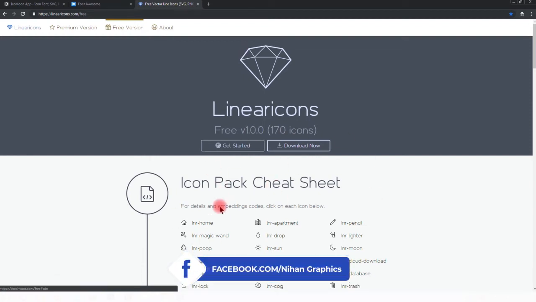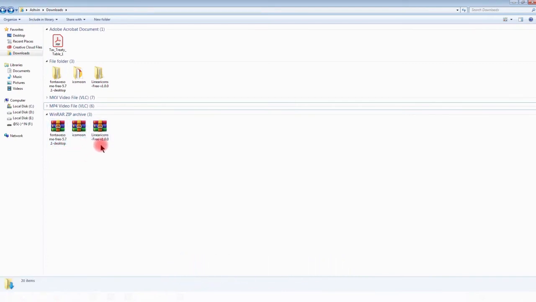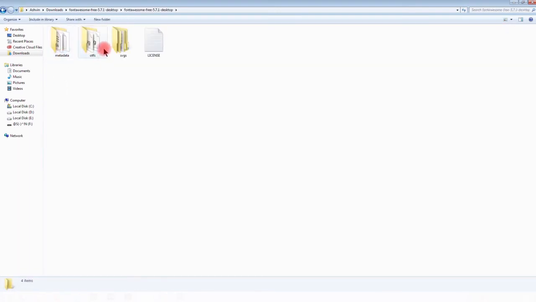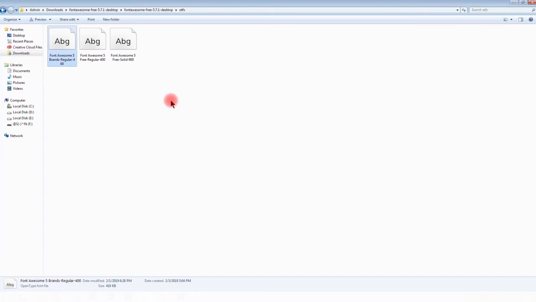Here all three zip files are downloaded and I have already extracted them. All you need to do is go for the first one and install all these three fonts. You can install it this way: just click on this install tab, and you will have to do this for the other two also.